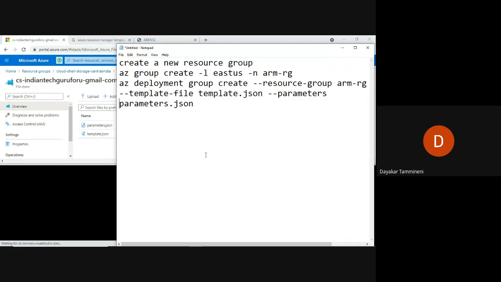Once it is deployed, then we can check whether this virtual machine has been created in the ARM RG resource group. Okay, so any doubts in this new concept?